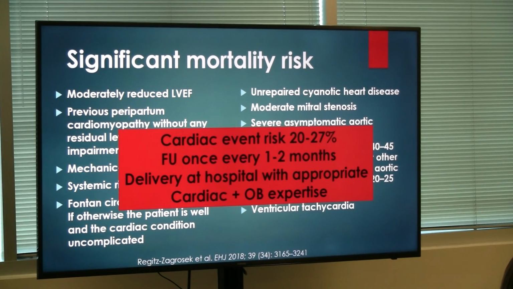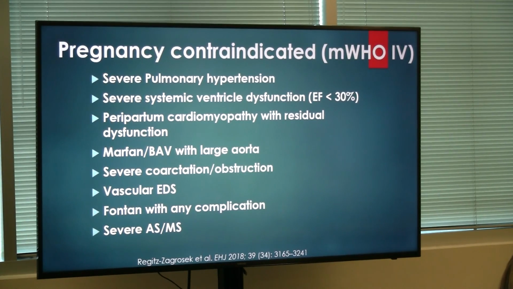This cardiac event risk is significant, follow-up every month, and delivery again at a tertiary level center. And then these are the patients which actually makes it like a lot of